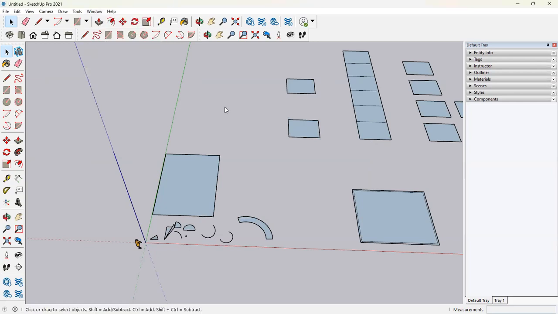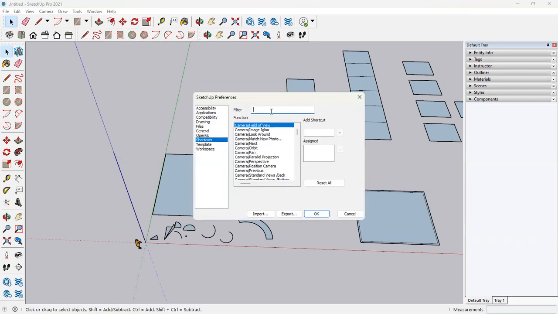Then we will go to preferences again. We will go to rotate. You can see here rotate or tools. Now there's no shortcut that has been assigned here. I would suggest that you go to add shortcuts and put in Q. Q is the default shortcut for SketchUp